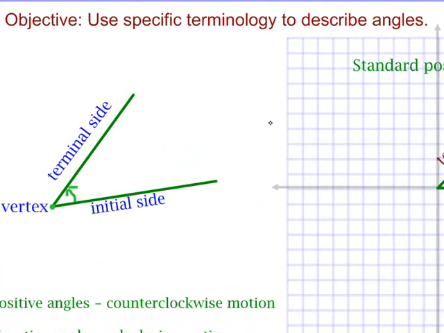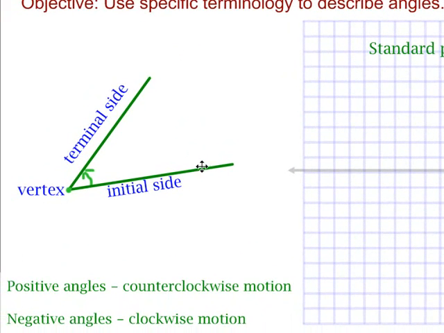The topic of this lesson is to show you some terminology that we encounter in describing angles. And we're going to look at angles really from a different perspective. If you studied angles in middle school and high school, you're looking at the set of points that are formed by two rays. Really, when we're talking about angles now in trig, we're talking about truly the size of the